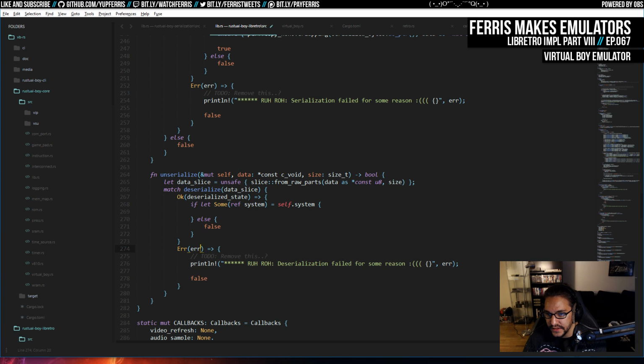We actually don't really need... I want to print this error, though. That's what I want. Anyway, I'm getting distracted. Here, it's going to be... We just apply